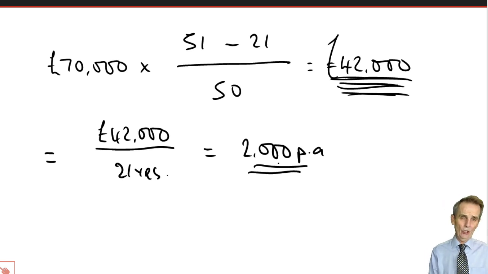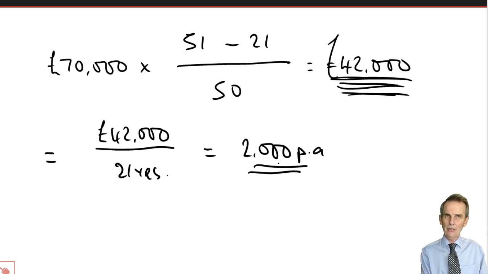Now, of course, in our tax year 21-22, we can see here the lease was granted on the 1st of July. So it would now depend as regards how much of that £2,000 per annum was going to be deductible in the accounting period for Villa in which that lease was granted and the premium was paid. If, for example, that Villa prepared accounts to the 31st of December in each year, let's assume Villa, the lessee,